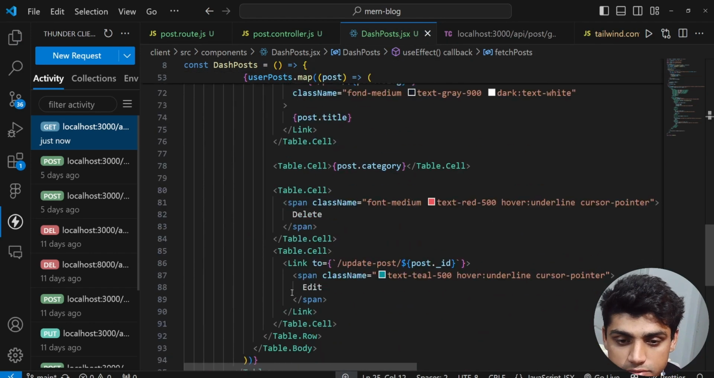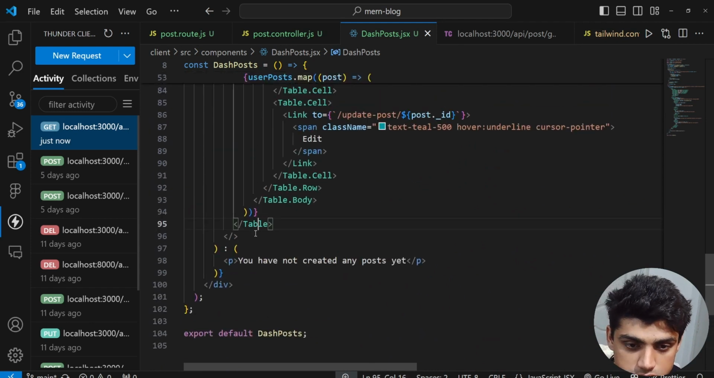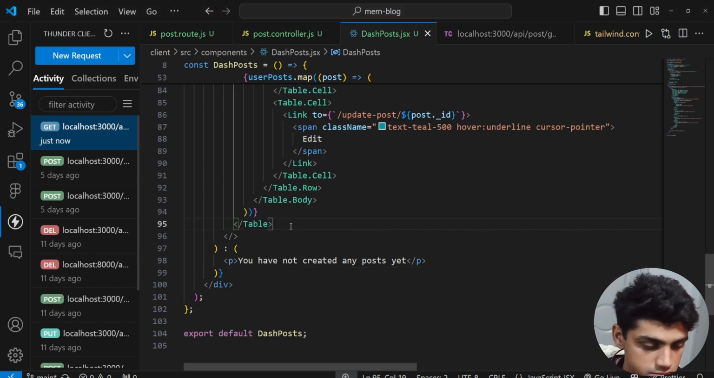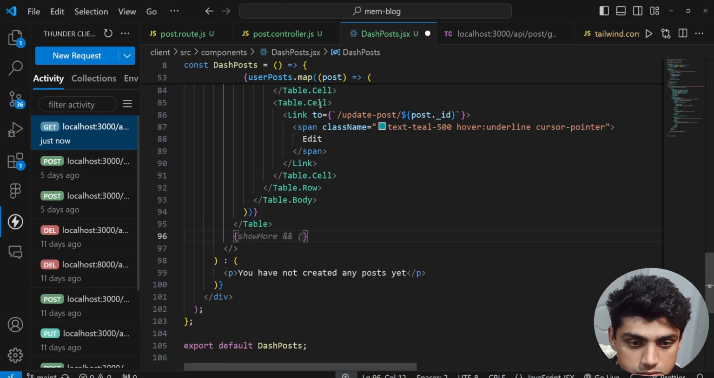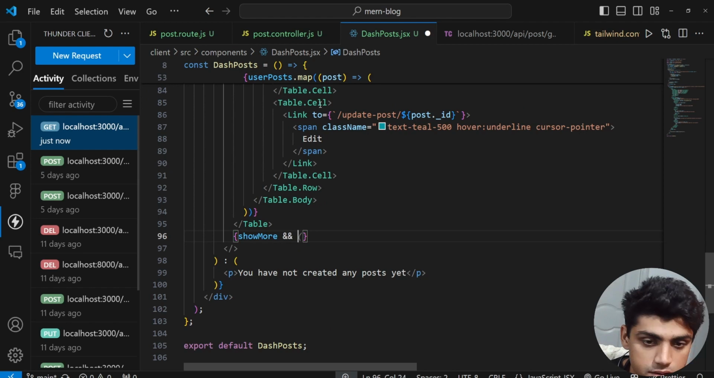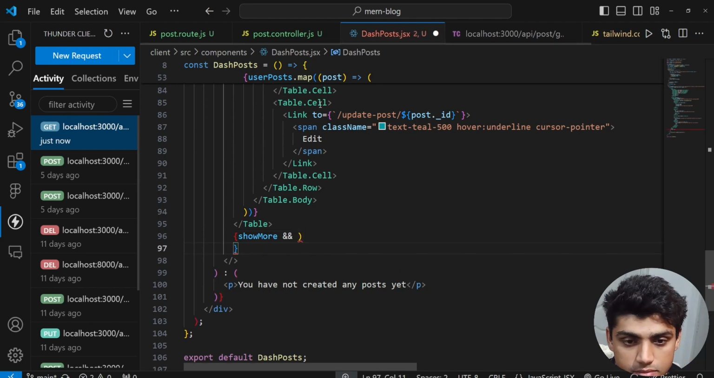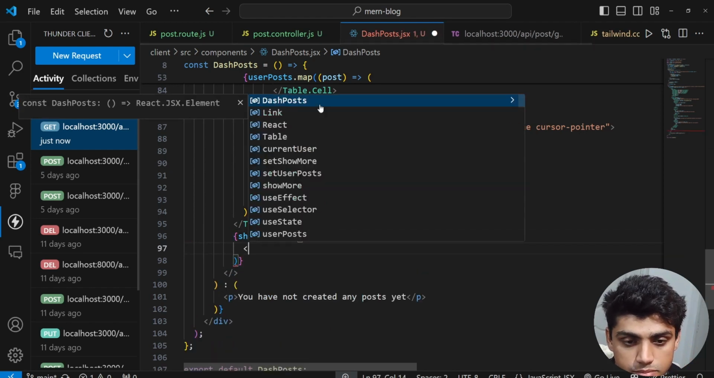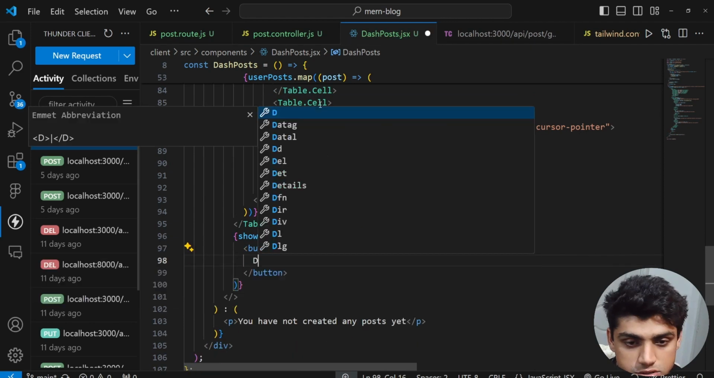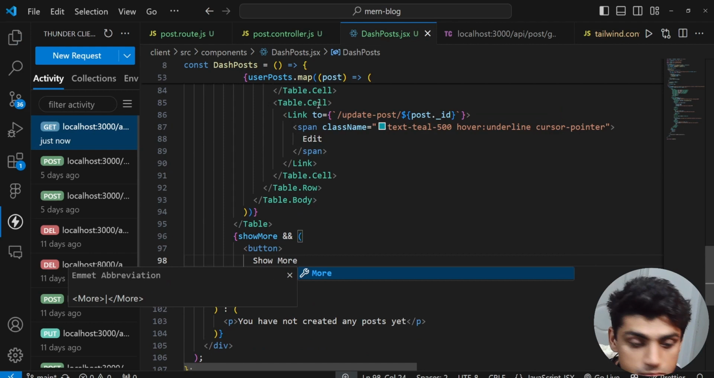Now over here, if you have this table, essentially we need to add a show more button. So we could do it right after this table. So after this table, we could have show more. If show more is true, right, then what we're going to do is have a button tag. This is a plain button tag, and we'll have a show more text on this. Okay, but the thing is, we're going to have